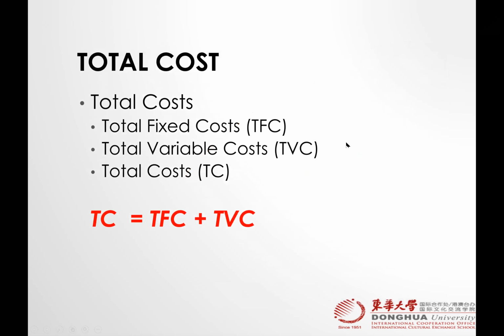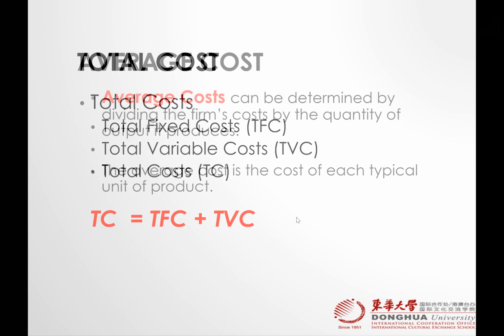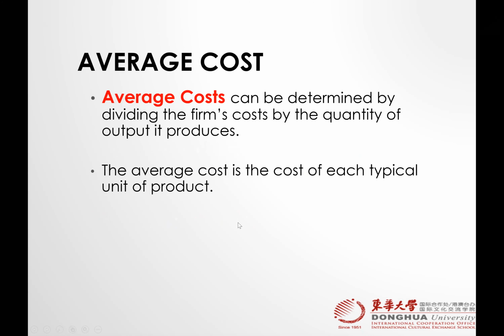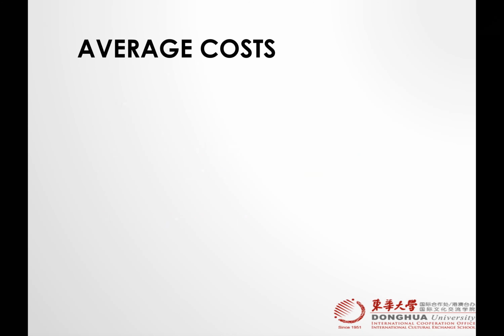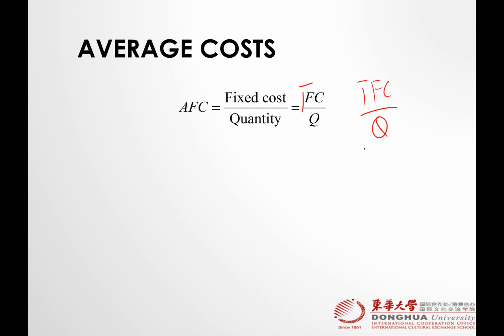Okay, let's talk about this. Total cost is equal to total fixed cost plus total variable cost. And what is average cost? Average cost is when you divide by the quantity. So here we go. Average fixed cost is equal to total fixed cost divided by the quantity, right? Or just fixed cost, because when we talk about the fixed cost, we already talked about it and we assume that